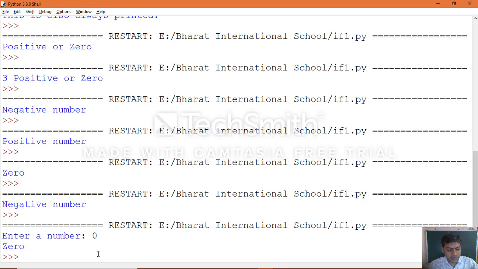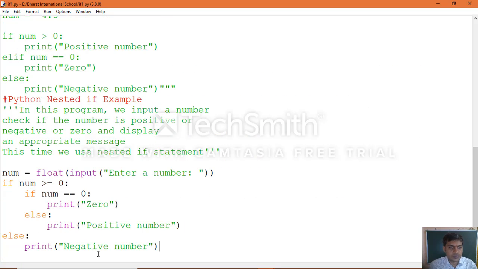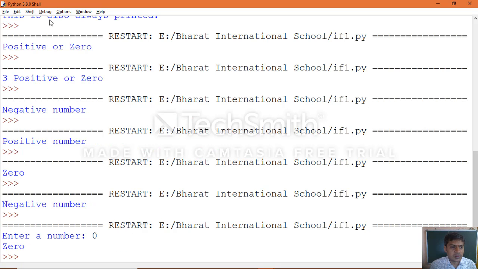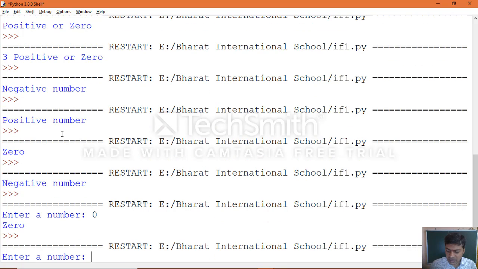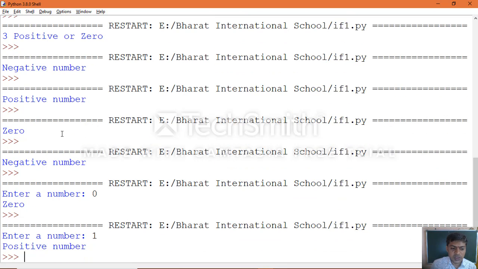Now suppose again you execute, go to run module. This time you give a number greater than 0, that is, a positive number. So the outer condition is true, the inner condition is false, so the statement will go to the else part.